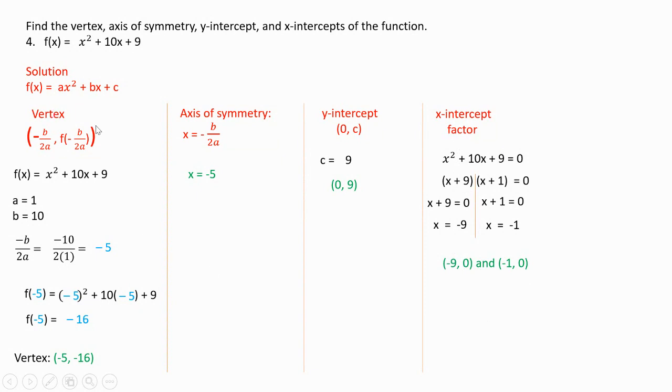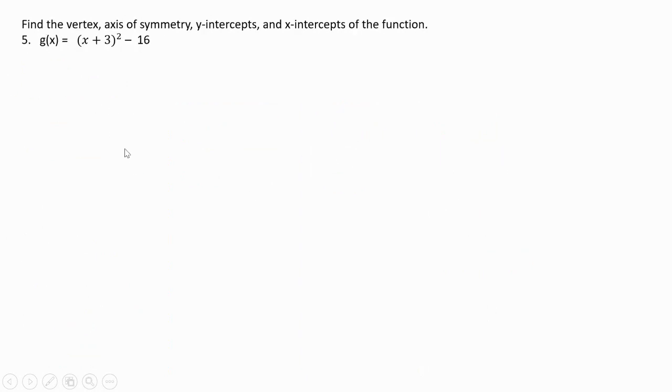Okay, now I'm going to do another way to find the vertex, to find the same things: the vertex, axis of symmetry, y-intercept, and x-intercepts. But now the function is going to be in a different form. Okay. This is going to be in the form f of x equals a times (x minus h) squared plus k. I believe in this textbook for 1324, they just call it the rule. But some other books call this the vertex form or standard form. It all depends on the author. Okay, now if it's in this form,